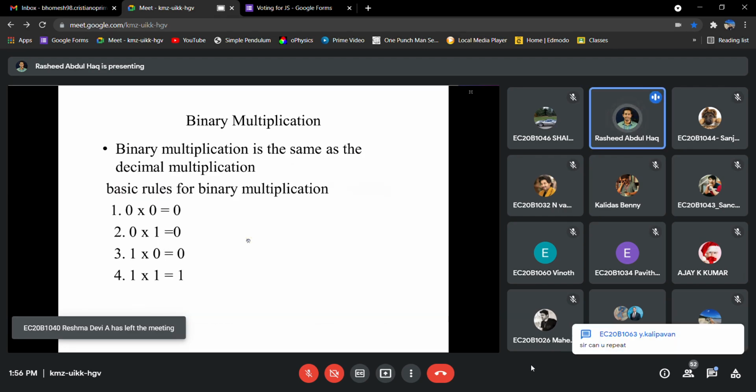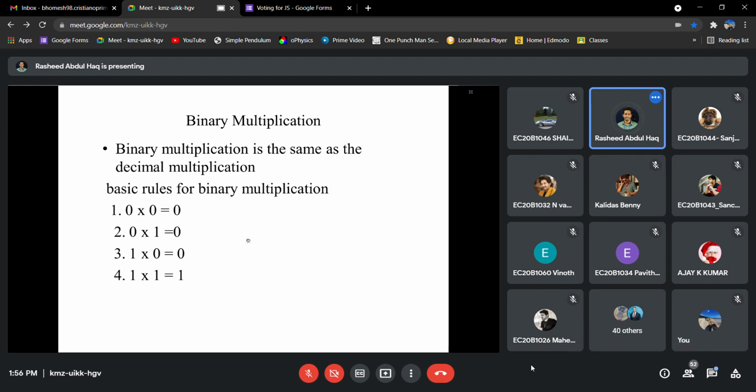Okay, so we will go to binary multiplication. Here also, in the same way, we have the 4 basic rules. That is 0 into 0. Like when we were in school, we had learned the whole multiplication tables, right? Like 1 into 5. Since we had 9 numbers, we had to study the whole multiplication table. For example, up to 9 we have to learn: 9 into 0, 9 into 1, 9 into 2, like that. But here we are having only 2 numbers. So we just need to learn all these 4 rules.